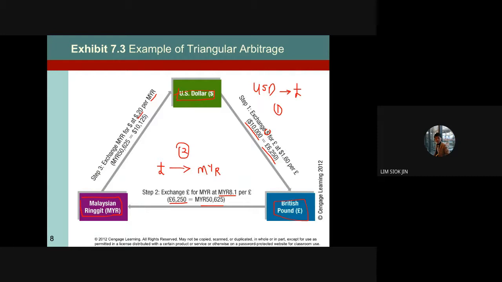So when you have 50,000 ringgit, times it with 0.2, you convert all your ringgit back to USD, okay, MYR convert to USD is your final step, step 3. And with that 50,000, you get 10,125. So imagine you start this thing with 10,000 and you convert 2 times and you get back